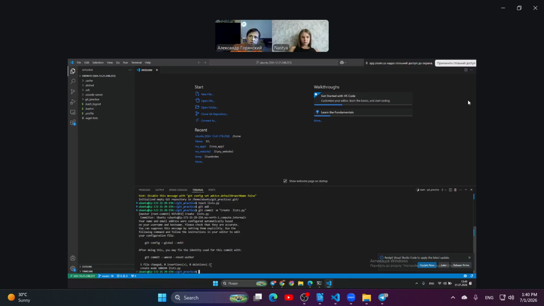Now how do we see our branches? git branch, and to see all the branches, we need to type space -a. Based on the common practice now, we need to work with main, not master, but main. Therefore, let's rename this branch to main. To change the name of the branch, we need to do what? We type git